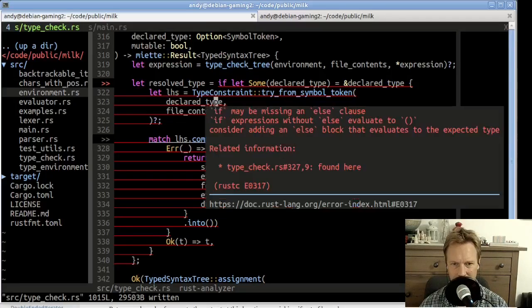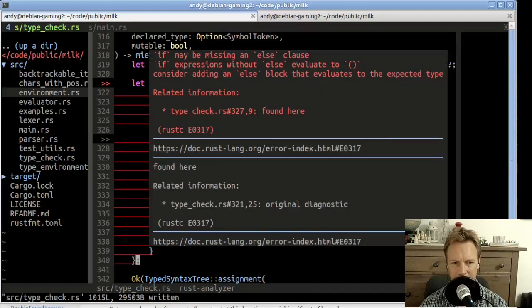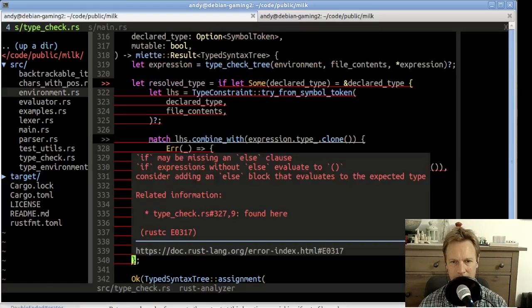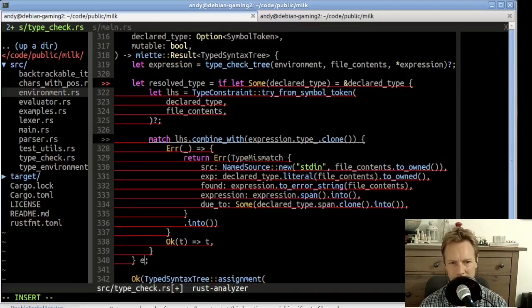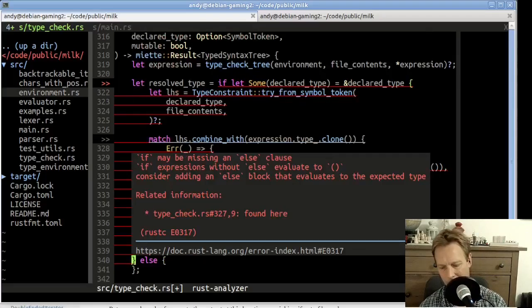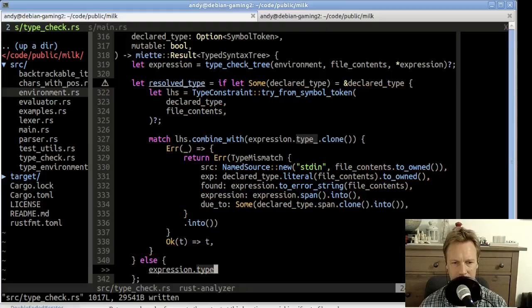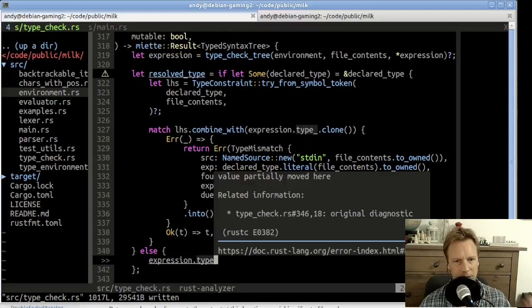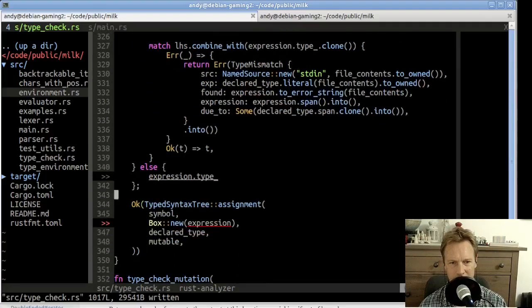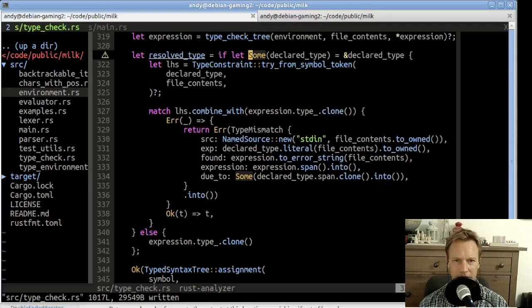So if there's no declared type, we need an else. We do need an else. It's right. If there's no declared type, then the resolved type is just going to be expression type. Expression dot type. Okay, but with expressions, we need to clone that to get hold of the type without breaking expression. So now resolved type is going to be, if there is a declared type, then